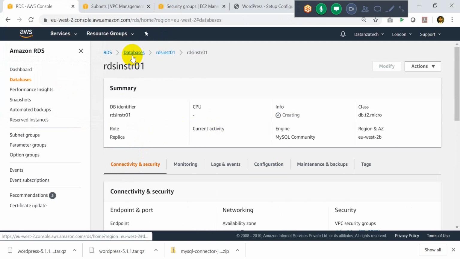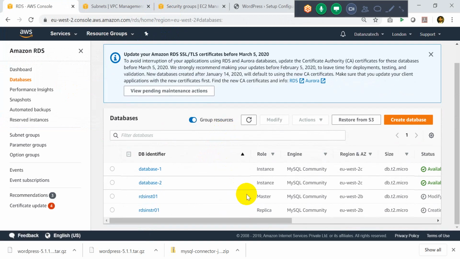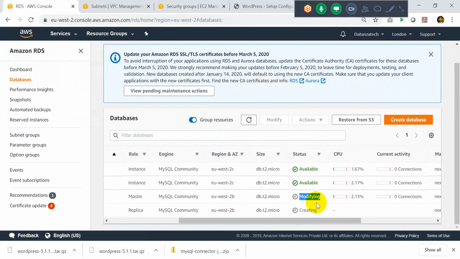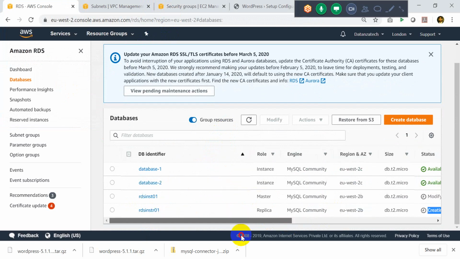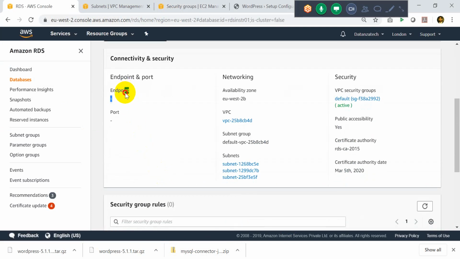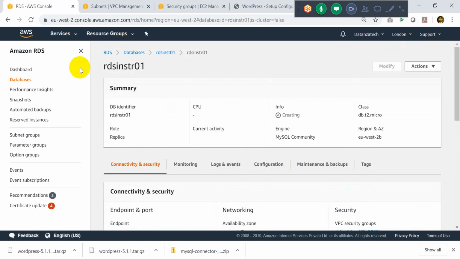Let me click on databases. You should be able to see RDS01 and R01. So one is a master, one is a replica. It is still modifying. It will still take some time to give us more details. We still do not have the endpoint yet, so it will take some amount of time